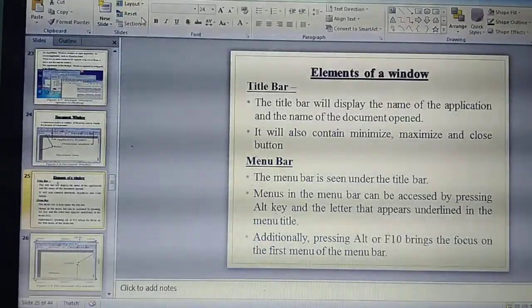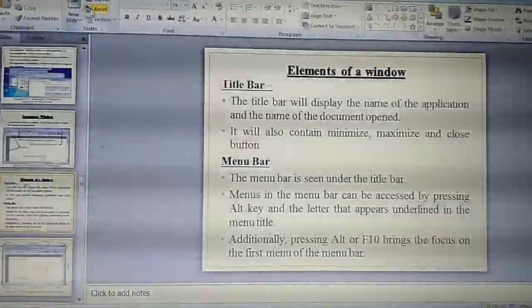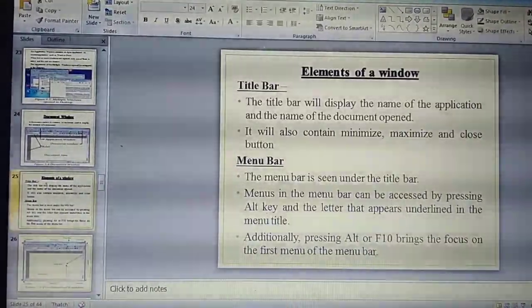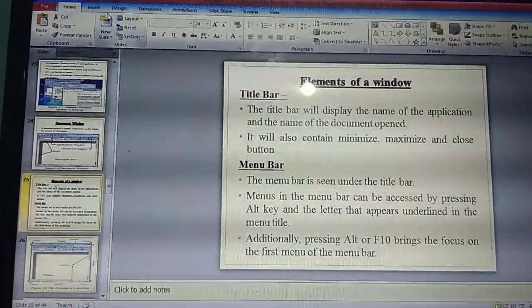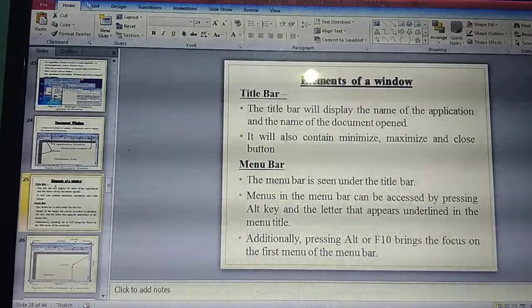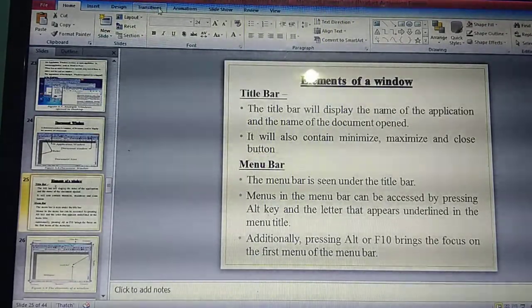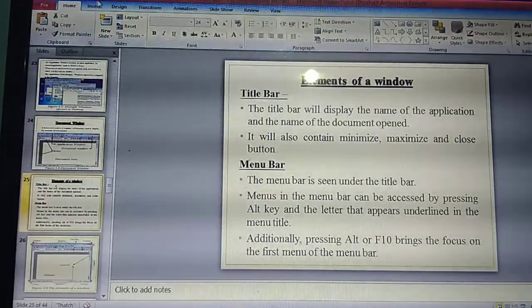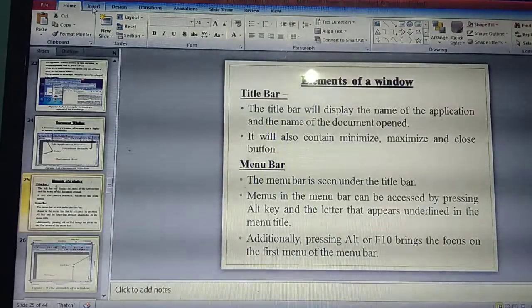So listen. Here in this application, which is the menu bar? Is it visible for you? See the menu bar? This one, home, insert, design, transactions, is visible. This one we are calling a menu bar. Now, for example, listen, I am clicking here.